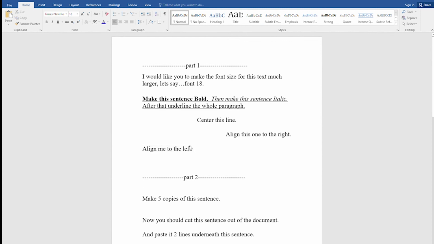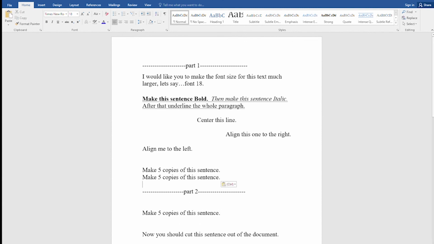Now for the next section, I have copies to make, and I want to go over copying and pasting. I say make 5 copies of this sentence. So I'm going to highlight this, and I'm going to click the copy button there. Now I can make these copies wherever I want. So if I put the cursor up here, and I paste a couple of them in, there we go,